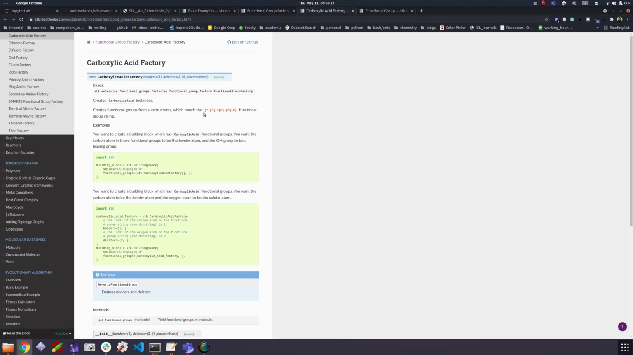It searches for this smart string and defines functional groups based on that, with these preset bonders, deleters, and places. Obviously, in this example, we can modify the factory to set different bonders. So for example, if you want to bond in a carboxylic acid, if you want to bond through the carbon